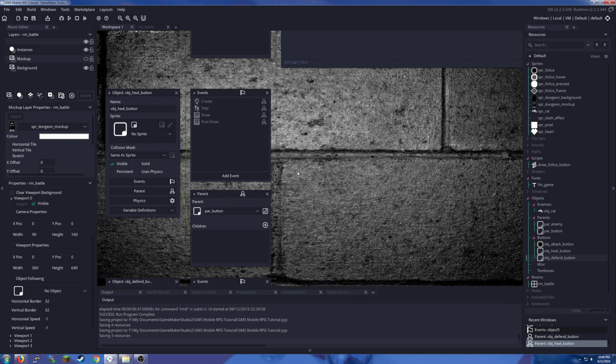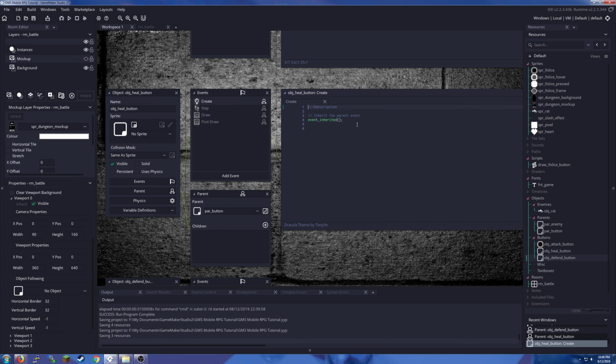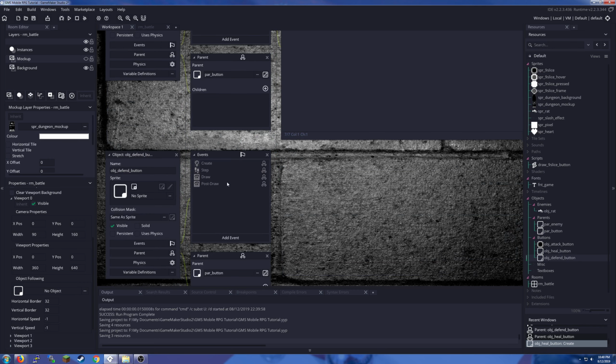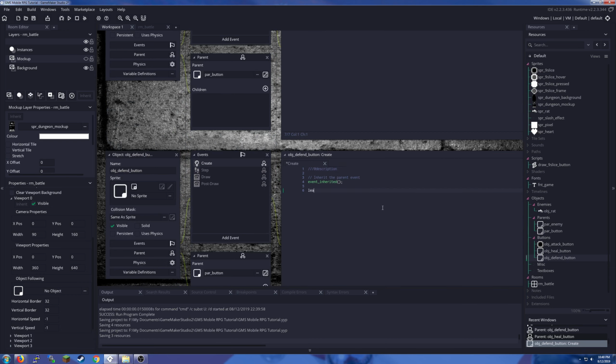Poof, that's easy, right? Just inherit the event and label underscore is equal to heal and inherit event label underscore is equal to